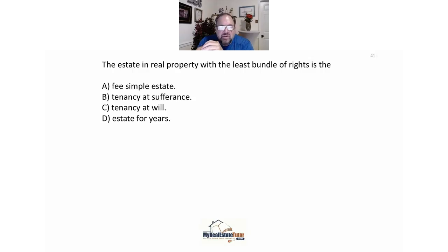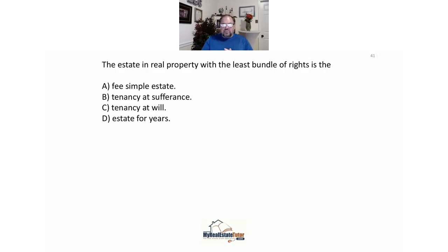The estate in real property with the least bundle of rights. How do you like this? We go from an investment disadvantage to now we're in the bundle of rights of ownership. All right, so the estate in real property with the least bundle of rights. Least bundle of rights. Remember,